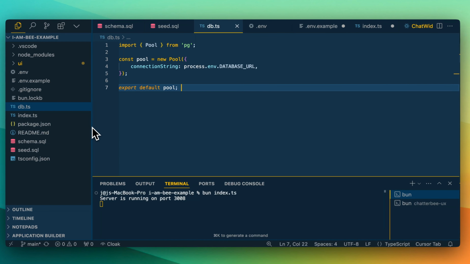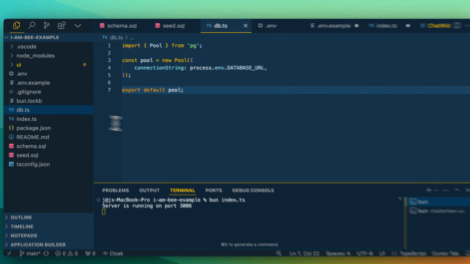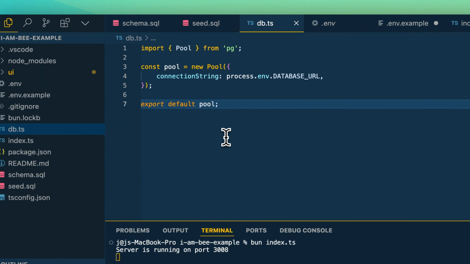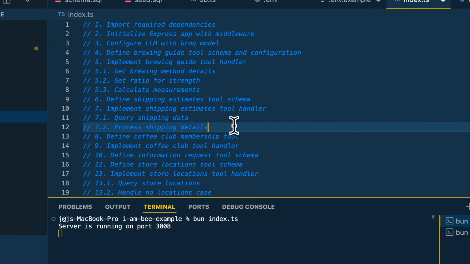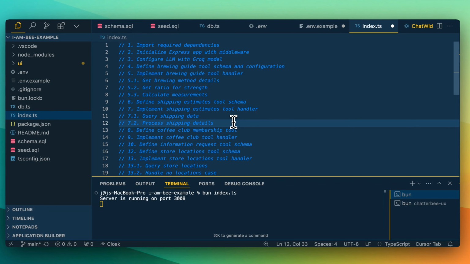From there, we only really have two files that we need to concern ourselves with. We have the db.ts and then we also have the index.ts. Within here, we're just establishing the connection to our Postgres database. And then within the index.ts, this is going to be where we have everything that we've set up within the